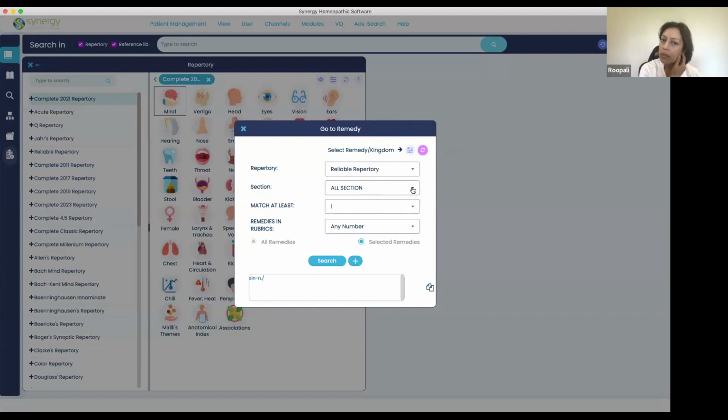Now, if you want all the rubrics from all the sections, you're going to leave it at all sections. This will be a huge pull. So just for demonstration purposes, I'm going to choose one section. And I'm not going to leave it at all sections because that would just take up too much time in this tutorial. And then you're going to say match at least one, and then any number,